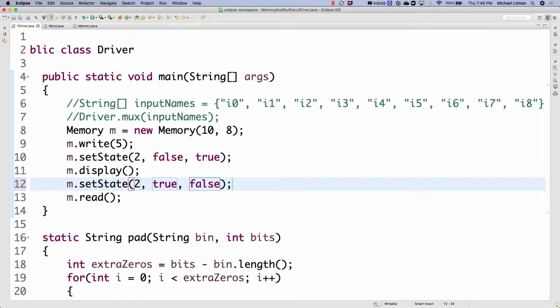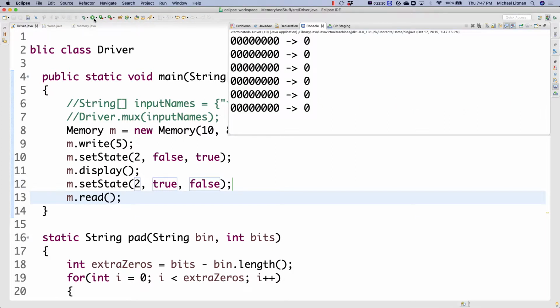We don't have to disable that to do a read. We just have to deliver positive flow to the read enable in order to do a read. Make sense? But since we're having direct control of it right here, we're going to set read enable to true and write enable to false, because that's effectively what we're doing. And then I will try to read here, and it will successfully read this time, but I'm not actually displaying the value. So if I want to display the value, I would say